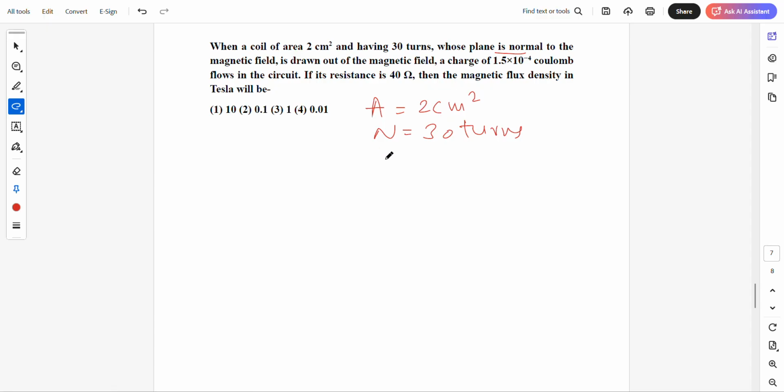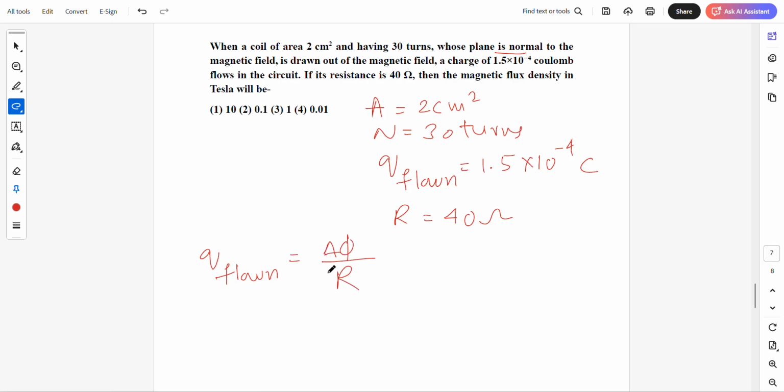Okay. A charge, how much charge is flowing? Charge flown is equal to how many coulombs? 1.5 into 10 to the minus 4 ಅಂತಪ್ಪ. Okay. Coulomb. If the resistance R is equal to 40 ohm ಕೊಟ್ಟಿದ್ದಾರಪ್ಪ. Okay, we have the formula. What is charge flown? Q flown is equal to